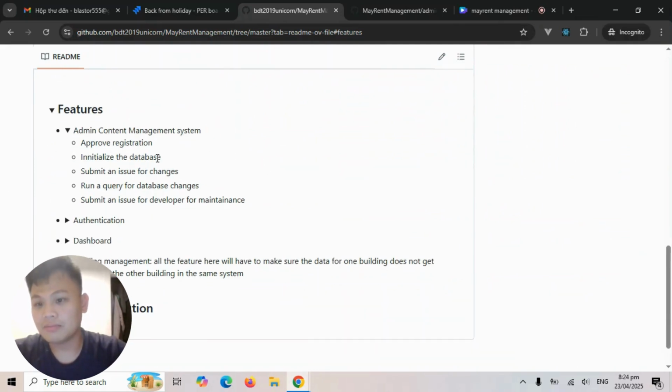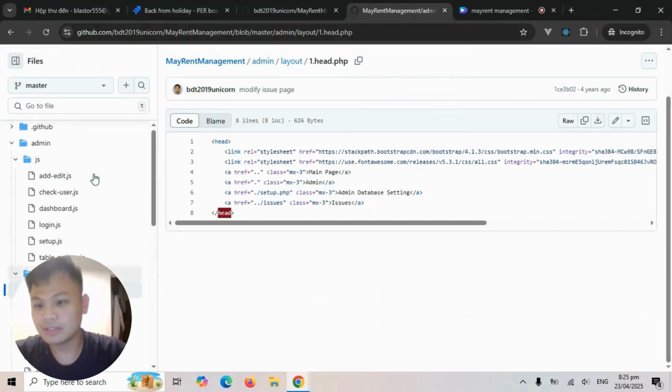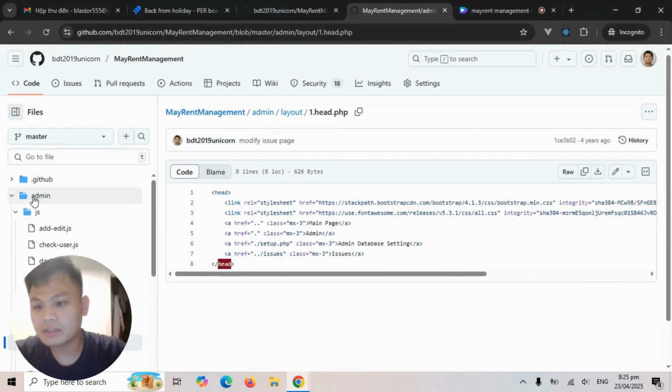So we approve applications, visualize the database, submit issues for change, and then run some queries for the database, and then submit issues. So basically we have two main features: the database features with some registrations, and then we just submit some issues. For the database things, we have it in the admin folder, and in the admin folder